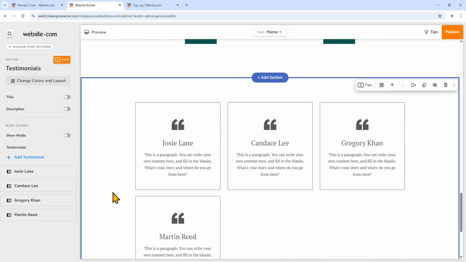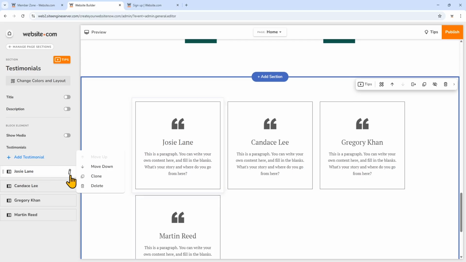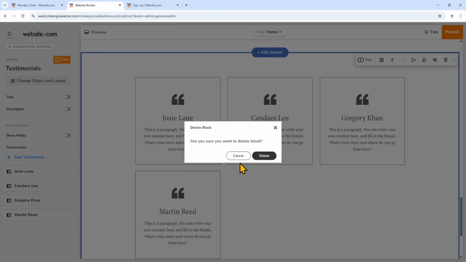And again, you can go ahead and edit the text or images for this section. Now, if you add the multiple testimonial layout, you can remove or add testimonials to the section. For example, if you've clicked on this section, not on a specific testimonial block, but on the section itself, you can add a testimonial here, or again, you can delete it by clicking Edit and then Delete.